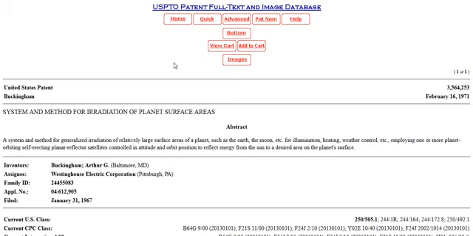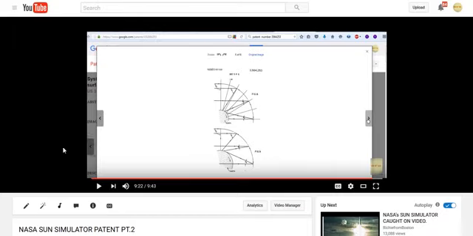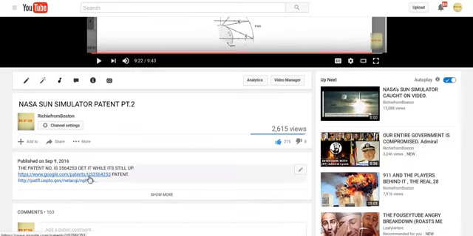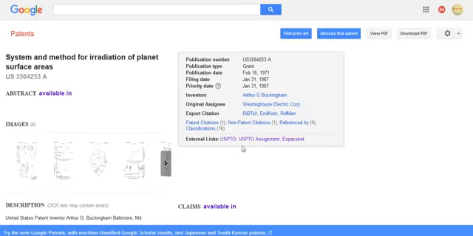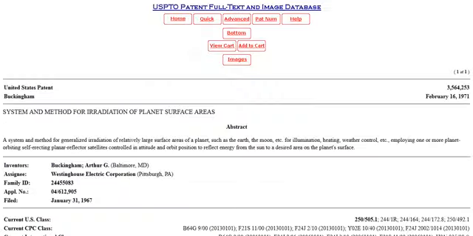This is the link off of the patent number that I left on my NASA Sun Simulator video. It's this patent number, and if you click on it, it brings you to this page. And if you click on this external link, it brings you right here, which is where I'm at. Now, this says system and method for irradiation of planet surface areas. Okay, it's a United States patent number